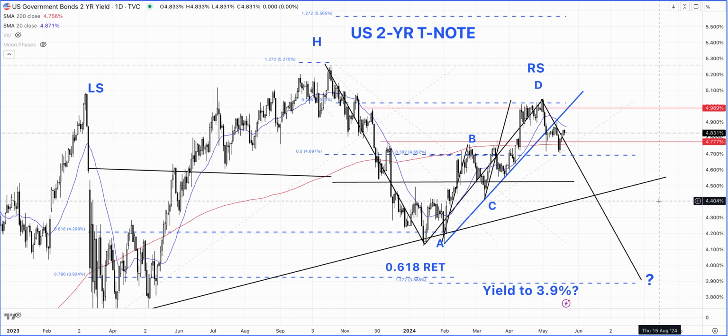So when the price moves higher, the yields move lower, and vice versa. So we believe that we have this head and shoulder pattern in place, and we could in fact be moving in this black ABCD lower, which could actually see the yields on the 2-year treasury note move as low as 3.9%. Obviously, it needs to close below certain